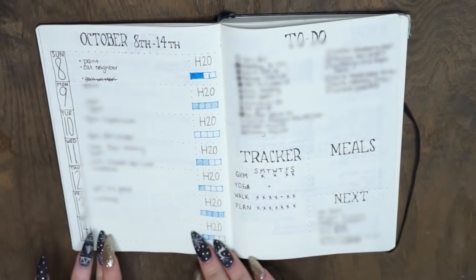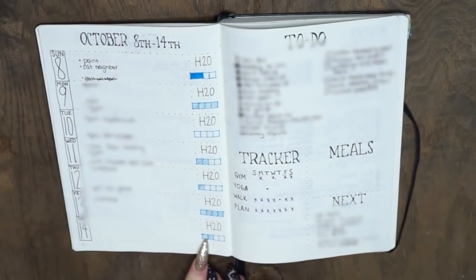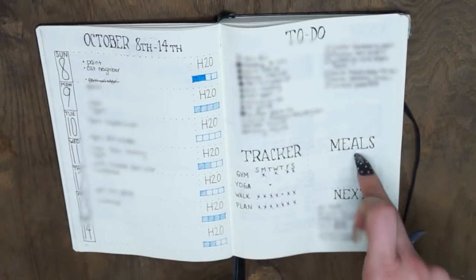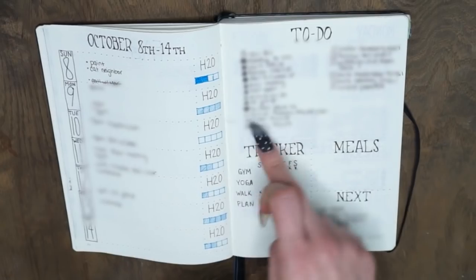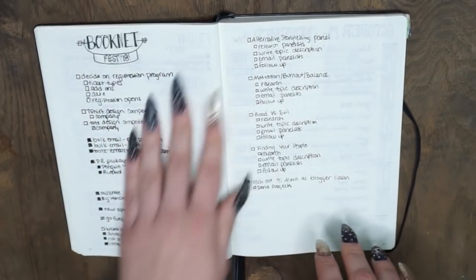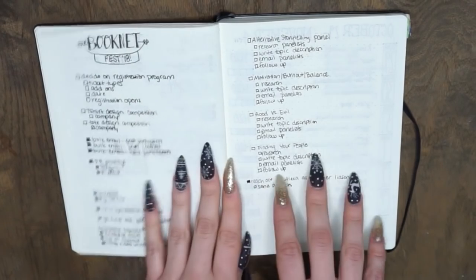So the week laid out like this. I had a little water tracker, which you'll see continues, my trackers, and then meals, and then the next week with my weekly to-do. This is a standard. Here's a little collection for BookNet Fest, but I actually ended up switching, and I have